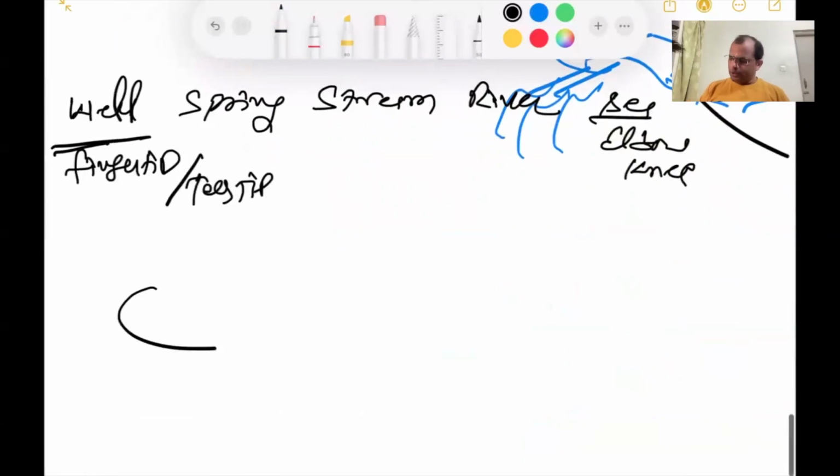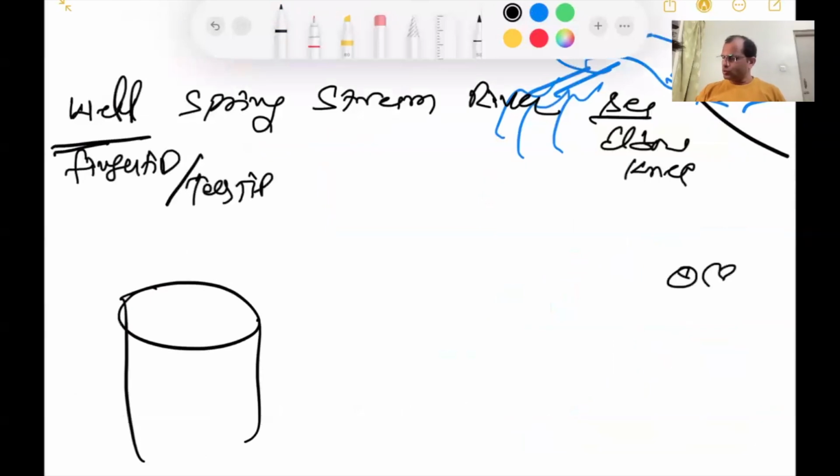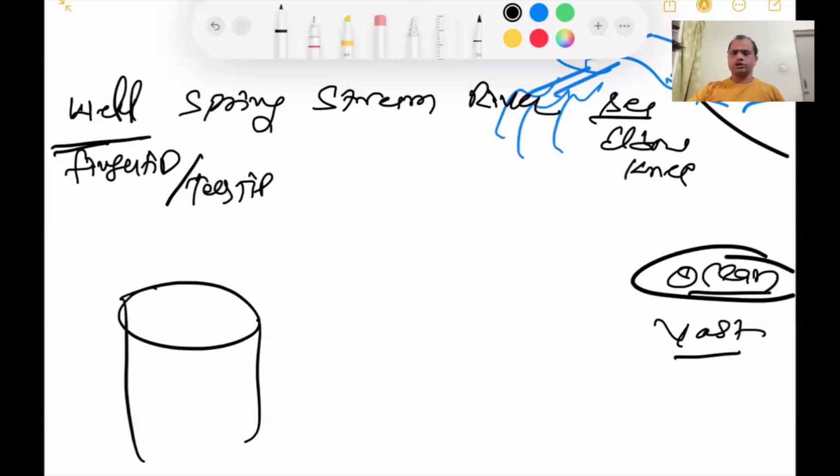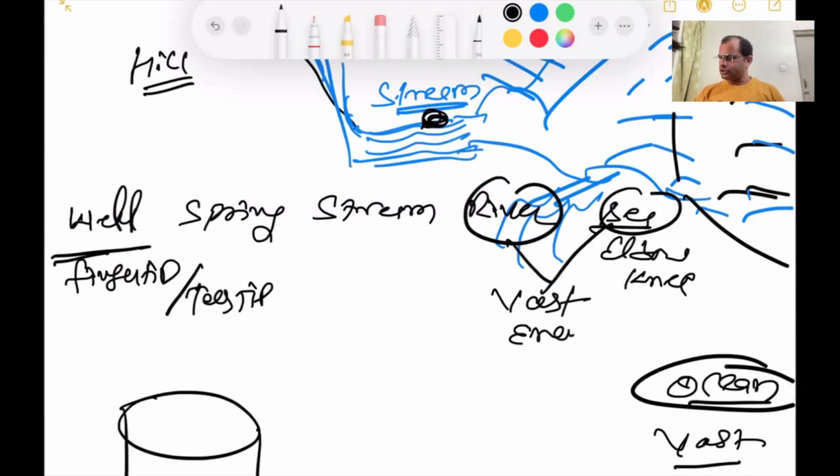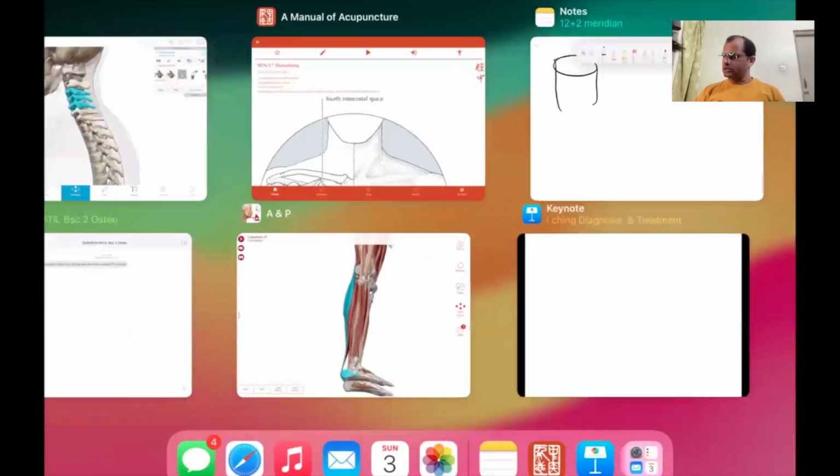Now, if we talk about the bale, it is a small place. If you talk about the ocean, it is very, very vast. अगर हम एक कुएं की बात करें, कुएं की जगह थोड़ी होती है, लेकिन ओशियन में बहुत विशालता होती है. So when we talk about the sea point or the river point, they have been considered as points having very vast energy or vast chi. So whenever we are activating the fourth number point and the fifth number point of any meridian, they are having vast chi. For example, if we talk about the lungs, अगर हम lungs की बात करें,